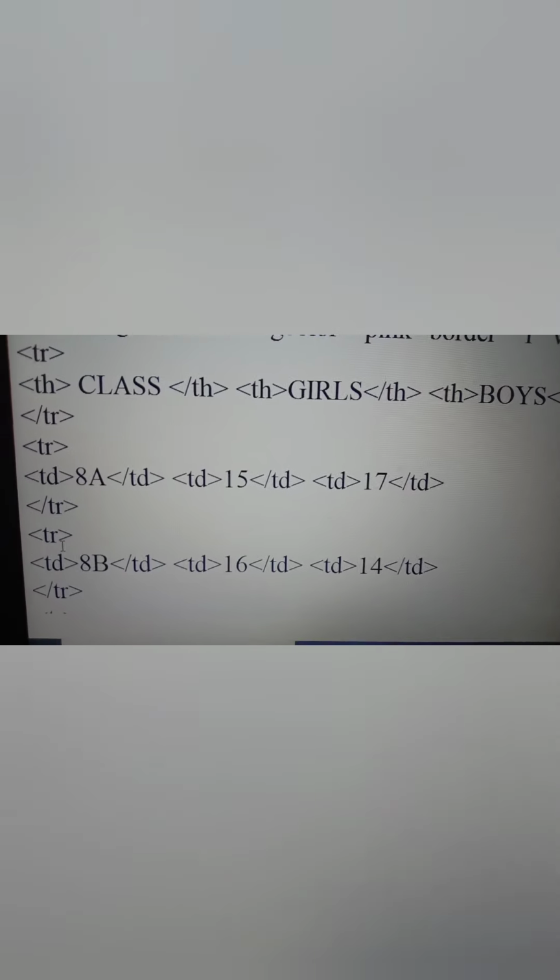So my second row is completed. So I close the second row. Like that I have to open the third row and enter the values same as previous, okay. And the fourth row also. So for 8a, 8b and 8c I have entered the values, okay.